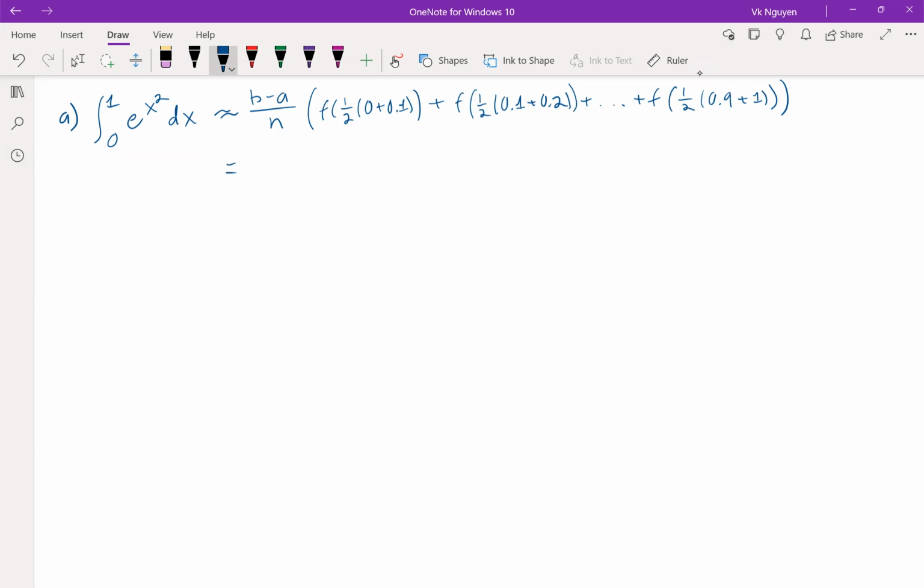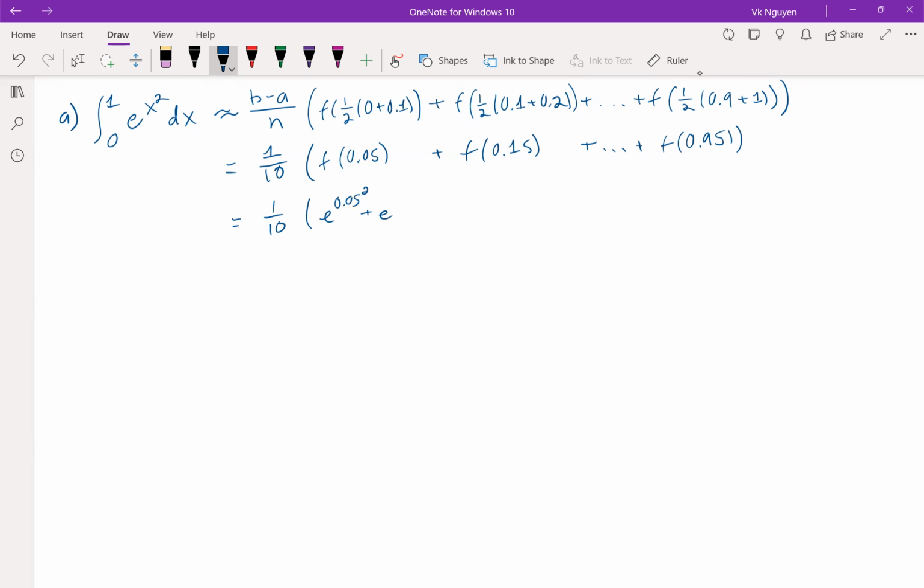Okay, b minus a is 1, so it's 1 over 10. This one is f of 0.05 plus f of 0.15 plus, plus f of 0.95. The function is e to the x squared, so 1/10 of e to the 0.05 square